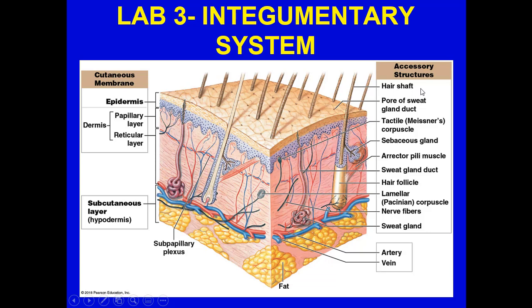You want to keep in mind that there are going to be some accessory structures that are important. Hair shaft. We're going to have the sweat gland, the sebaceous gland, and we're going to have, of course, exit ports for the sweat. This is a pore of the sweat gland duct. We're going to have also down in here nerve fibers as well as blood vessels, artery and vein,